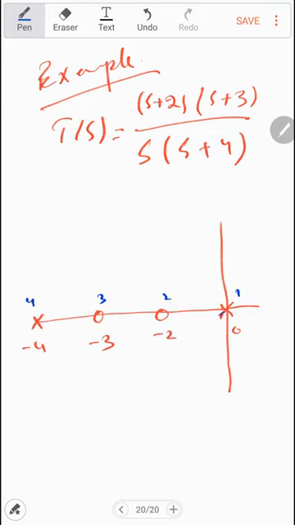So this is the pole, and we say that the locus will lie to the left of the odd number of the poles. So it lies to the left of the odd number of the poles, and similarly it is at the right of the even number of the zeros also. So it is clear. Number three is again complete.